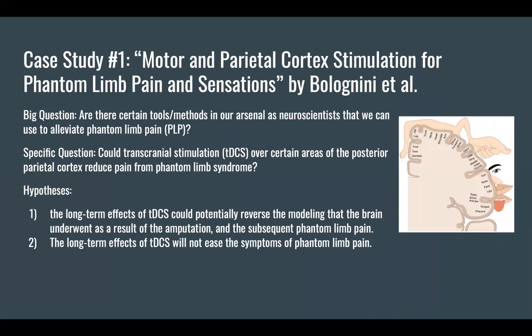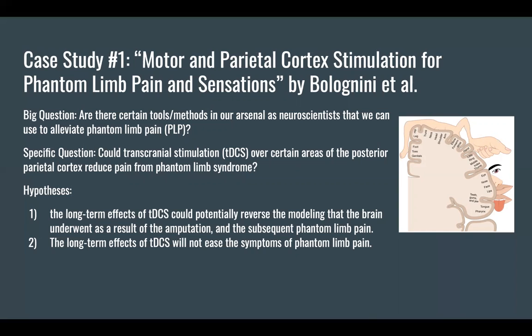So the first case study that we'll be looking at is an experiment called motor and parietal cortex stimulation for phantom limb pain and sensations. So the broad question was, are there certain tools or methods in our arsenal as neuroscientists that we can use to alleviate phantom limb pain? The specific question was, could transcranial stimulation or TDCS over certain areas of the posterior parietal cortex reduce pain from